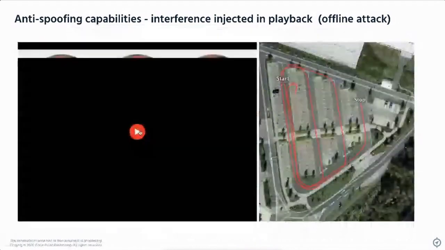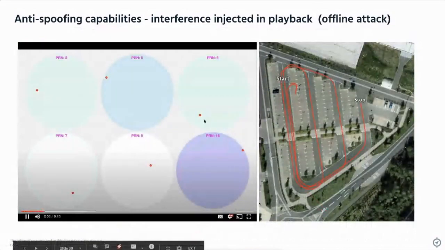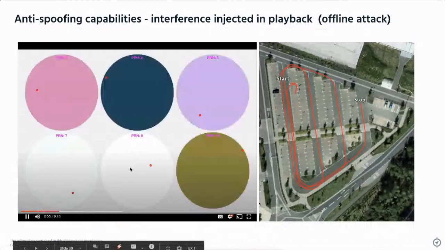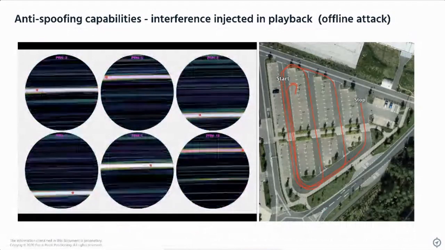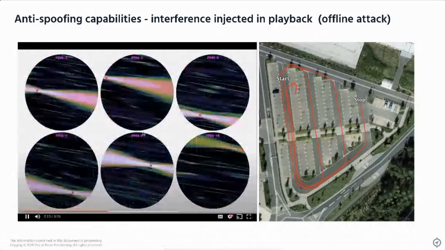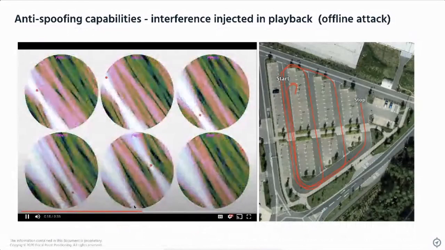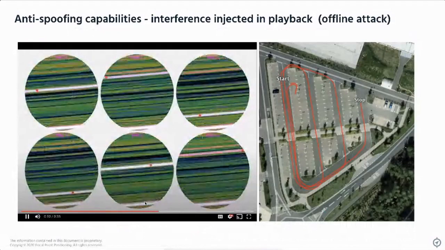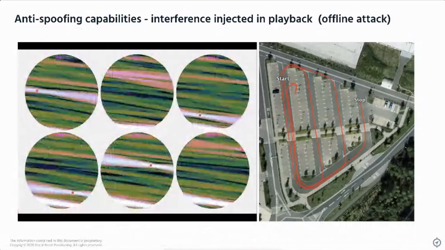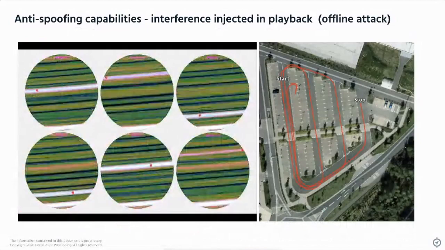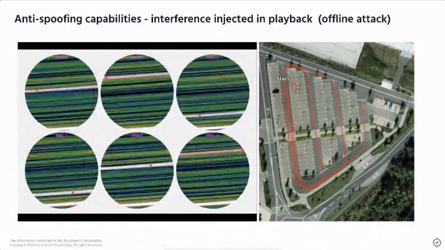And I'll very quickly show you the spoofer being revealed in Skyscan plots. So each of these circles, one per satellite, is showing you the energy coming from different azimuths and elevations around us. And the spoofer is turned on now as we're driving around the car park, and you can see this energy band that has appeared that's common to all of these Skyscan plots. And that's revealing that the spoofer is south of us. And we would actually be able to use Skyscan information to localize, to locate that spoofer, that illegal broadcast of